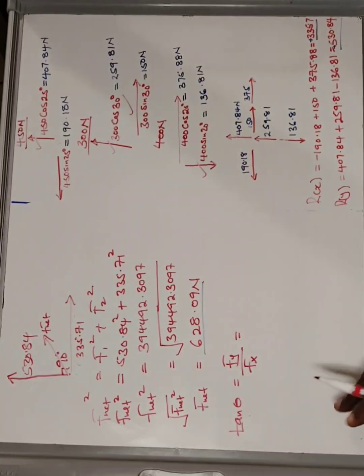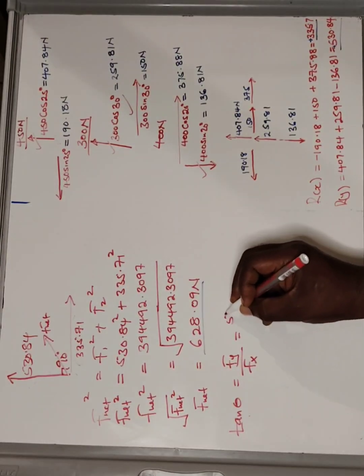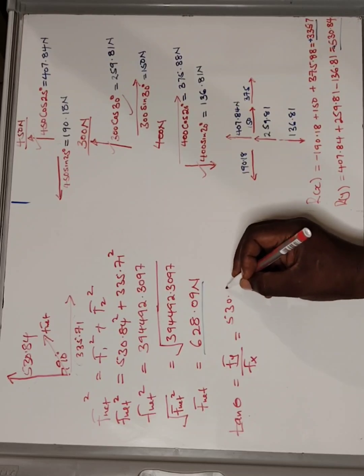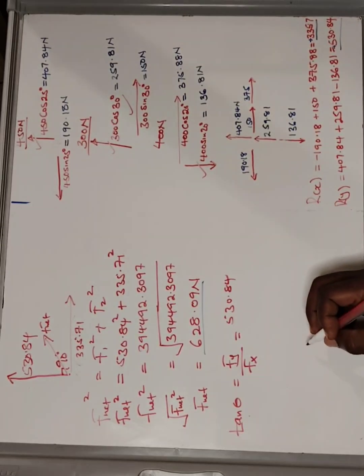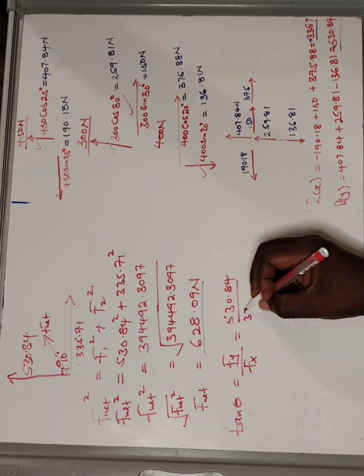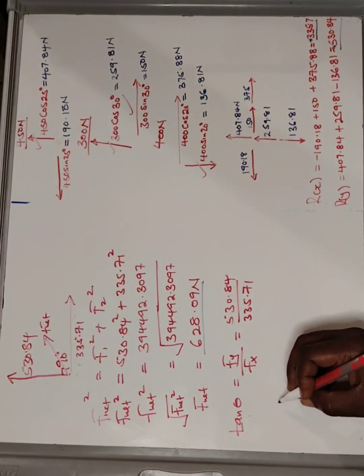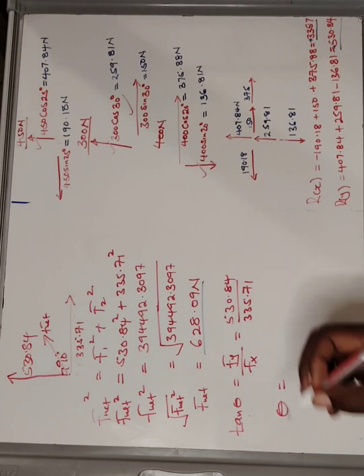This one is also from simple trigonometric ratios. Fy is 530.84 and Fx is 335.71. That one will give us theta as